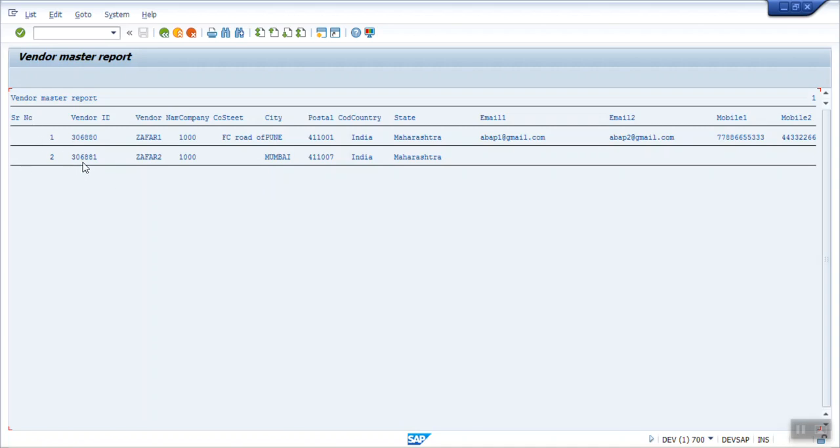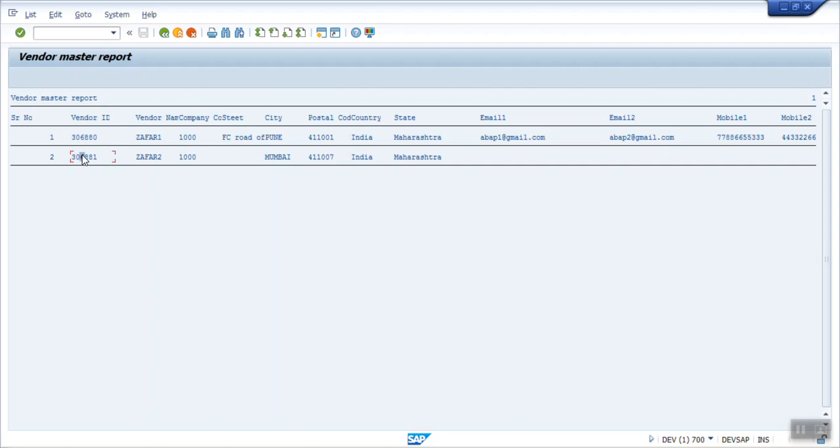So our requirement is, when the user double clicks on any field, that is a vendor ID, we want to display a secondary list. This is called a basic list. In every report there is only one basic list, and there can be up to 20 secondary lists. Means if we double click here, we can navigate to a secondary list, and from that list we can further navigate to the next level. So like that, from this basic list we can navigate up to 20 sub levels.